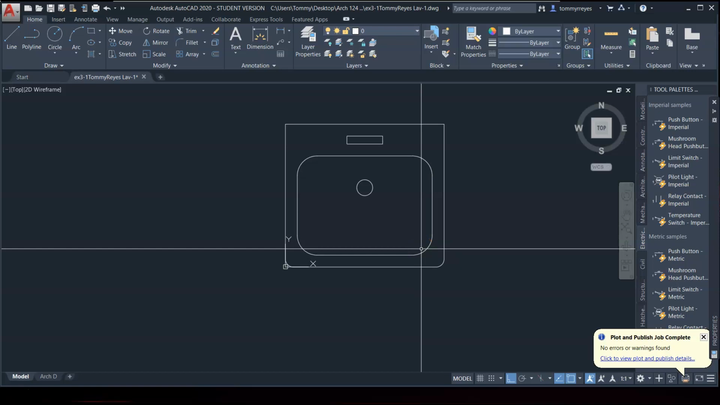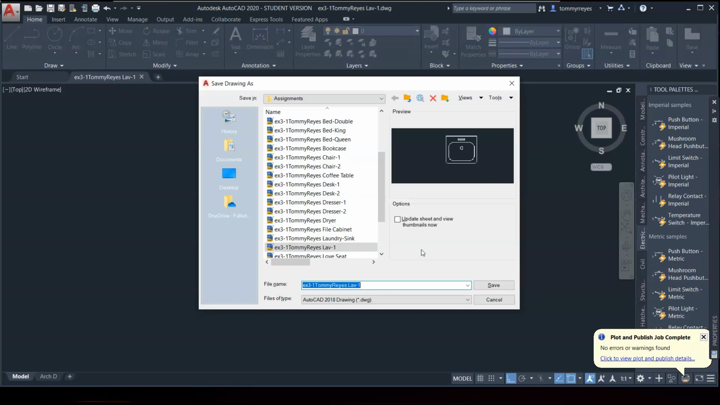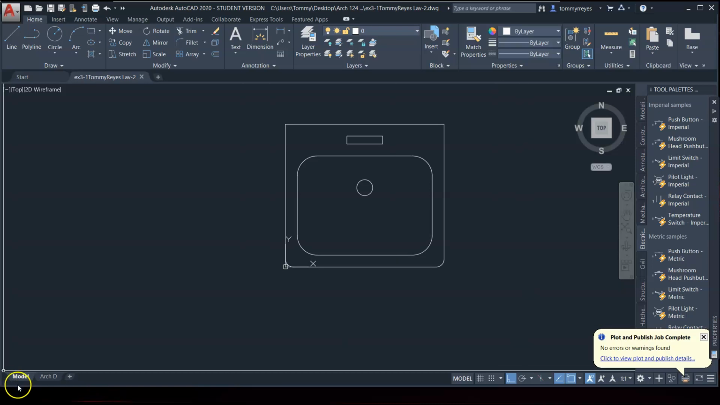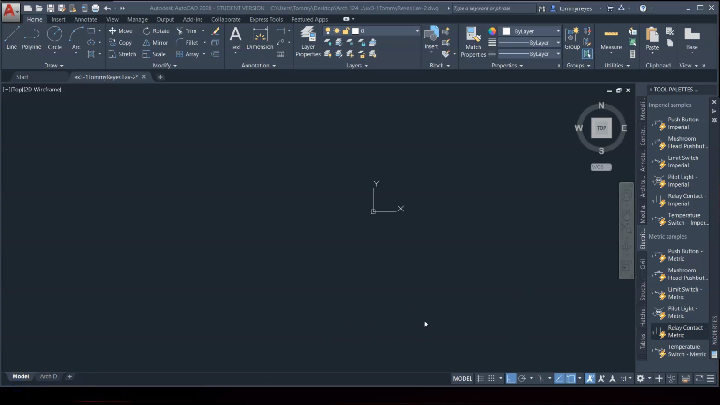Perfect. So Control S, save, Control Shift S, and now let's work on the Lav2 drawing. So let's go knock this out real quick. Lav2, we are going to do an ellipse. All right. So now we're going to use the ellipse tool, the ellipse command. EL